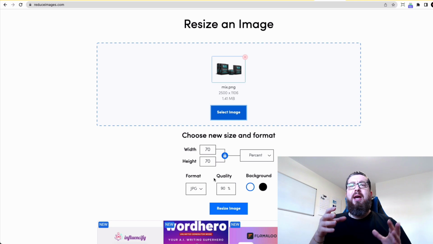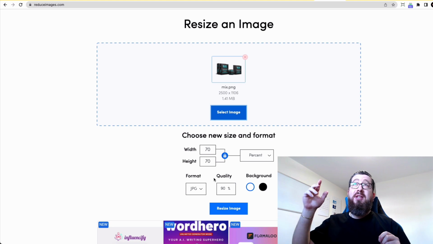And as I say, I've used Photoshop for a long, long time. I originally learned it in 1999, 98, I can't remember, one of those, just before millennium time. So I've used Photoshop for a very long time. And sometimes I take images in Photoshop and I try to reduce them, and when I reduce the size, the quality goes mad. Awful quality. So sometimes I end up just saving it, downloading it, and then going onto this website,